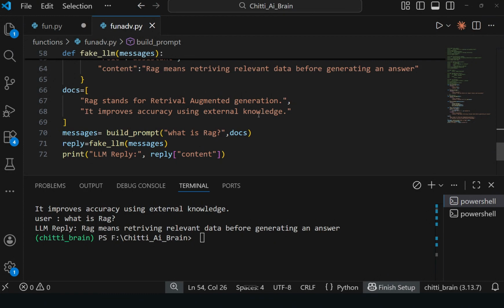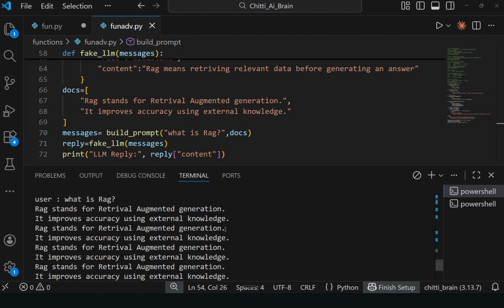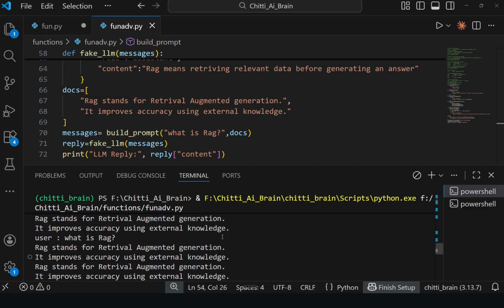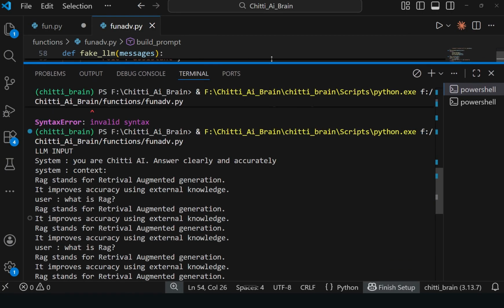Let's see here. We are creating one program. Yeah, in this way it will construct.